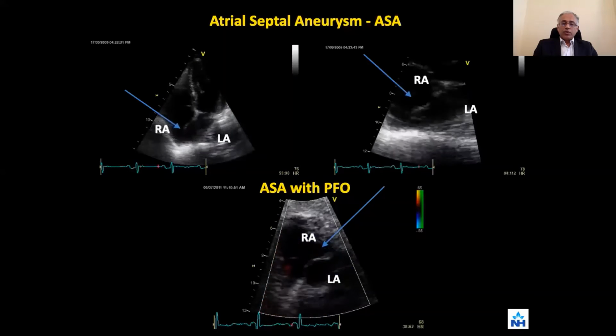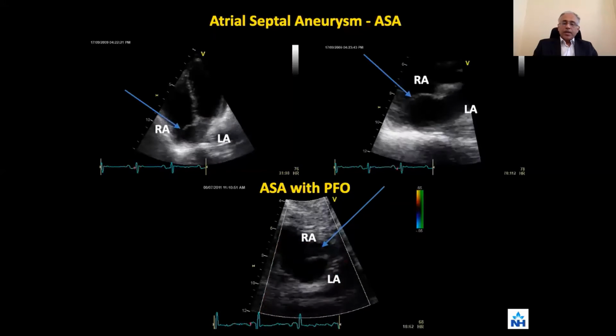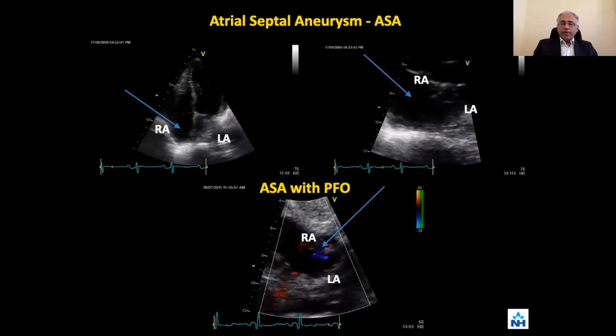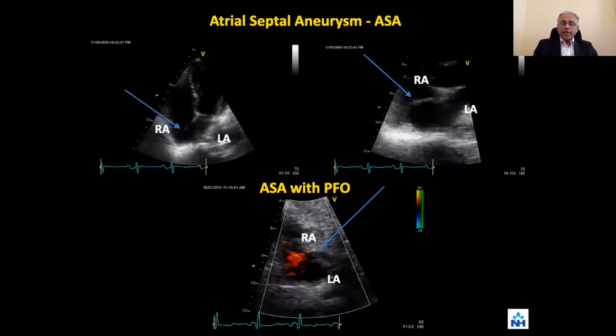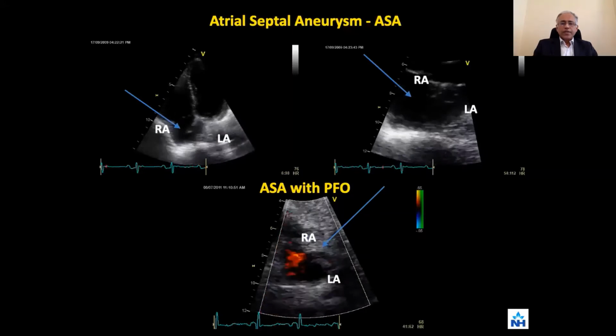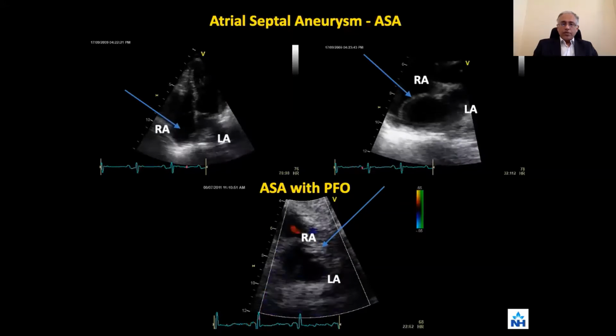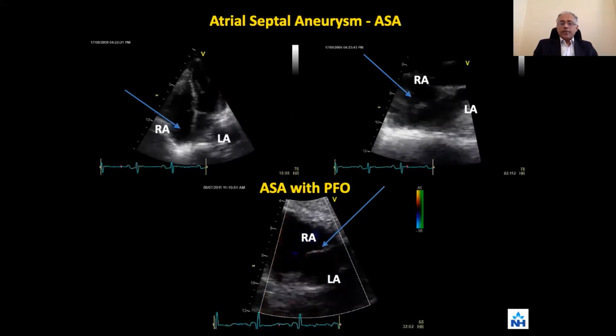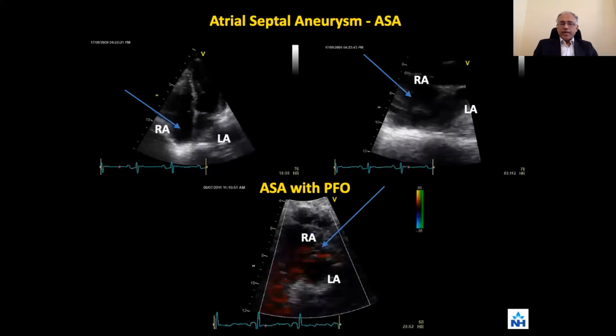It can be a bulge towards the right atrium, the bulge can be towards the left atrium, or it can go both ways, or it can go in either direction equally. So there is a classification of that also. So here you can see that there is an atrial septal aneurysm. If you do see it, it has to be mentioned in the findings, and especially in patients who have had